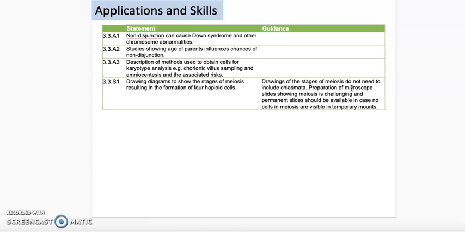So you'll read through these. You can also look at the skills, obviously. Right here, these are the things you have to be able to do. So you will have to be able to draw diagrams to show the stages of meiosis resulting in formation of 4 haploid cells. Haploid. So hopefully you remember some of this vocabulary. Haploid, I really tried to stress that before. Okay,